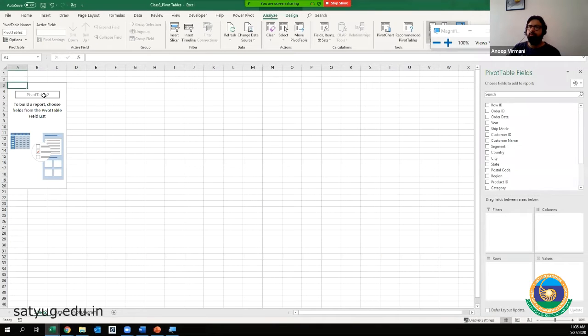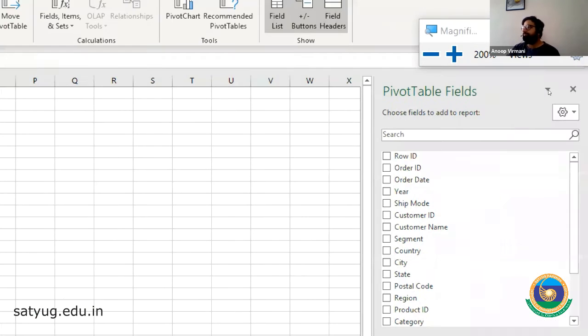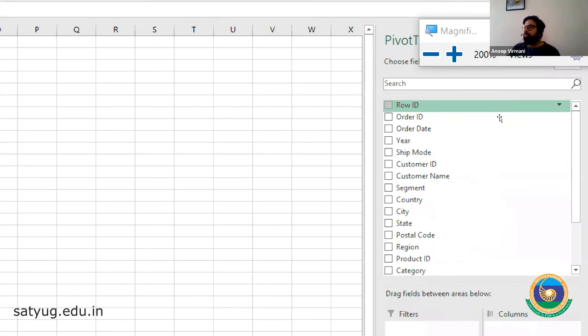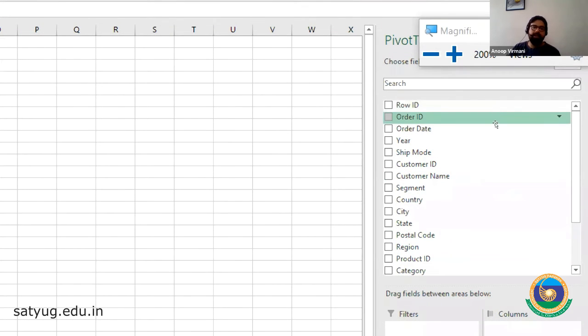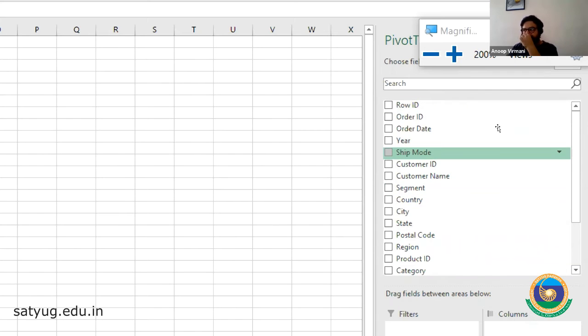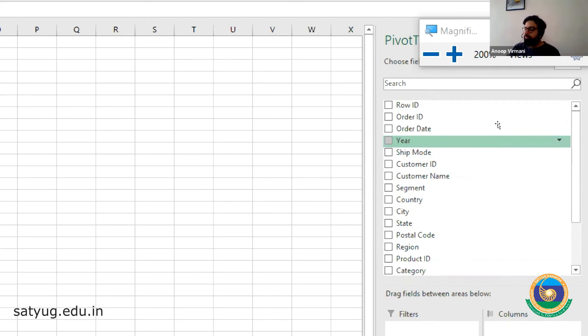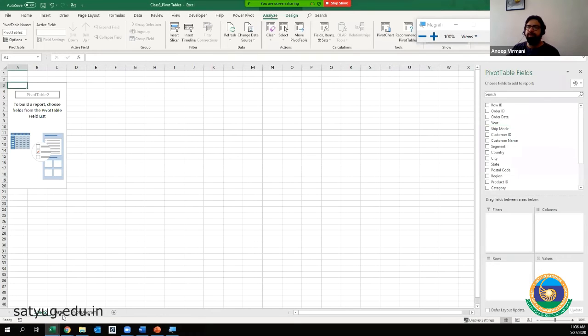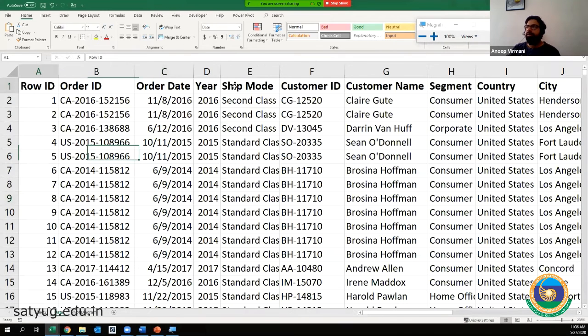Now it has opened me Pivot Table 2, because the earlier one was Pivot Table 1, remember, but that one we deleted. Now you see this pivot table field list has opened here. It has all the columns that we had in that data: row ID, order date, year, ship mode, etc., till profit.